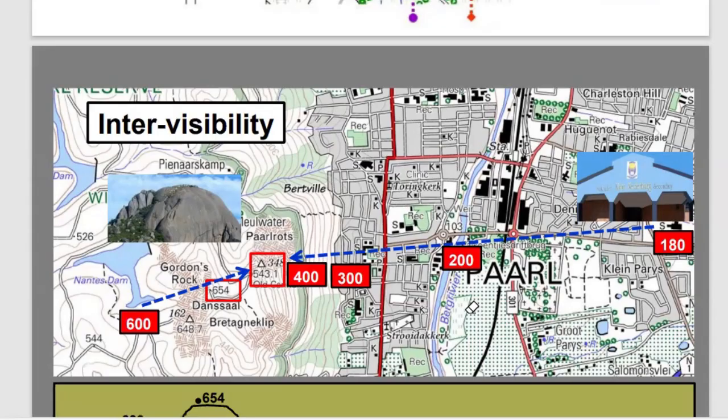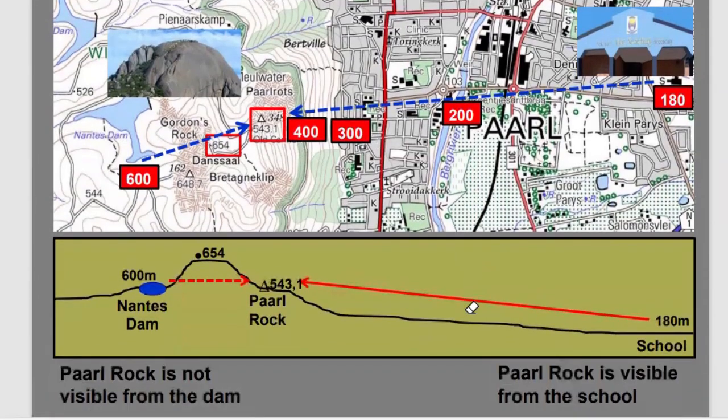The question here is saying, on this example that we are having, we want to determine if there is intervisibility between the Nance Dam and the Pearl Rock. As indicated, the Nance Dam is here, and the Pearl Rock is indicated at this particular station here. If you are to check the cross-section of the area between the Nance Dam and the Pearl Rock, it